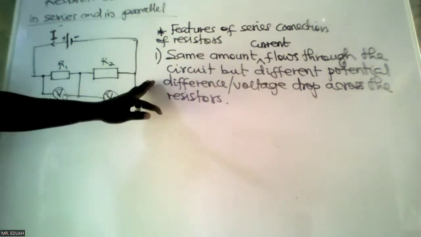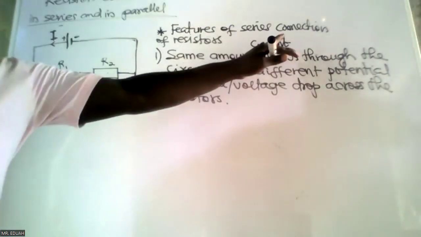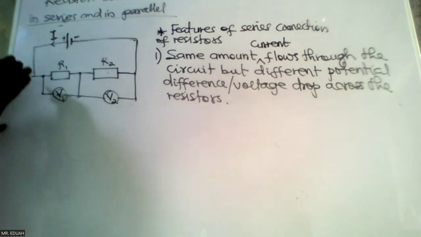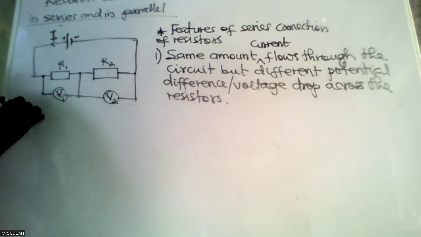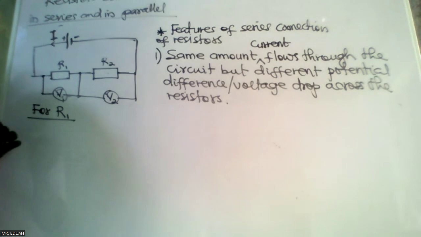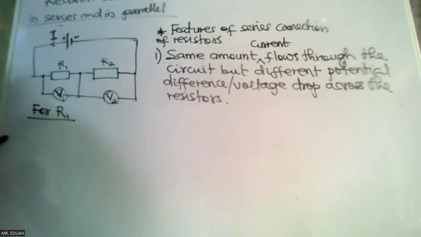So these are the features of resistors connected in series. Now, let's look at total resistance. So, for R1, the voltage drop across